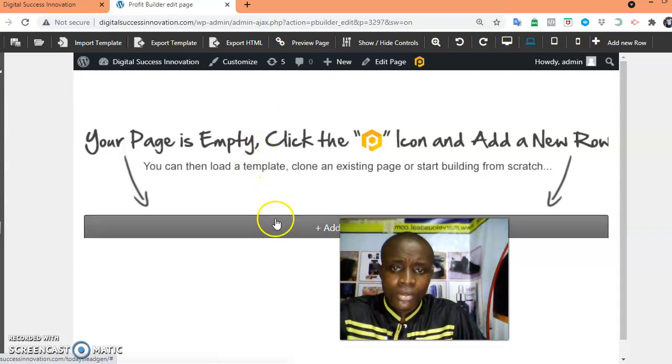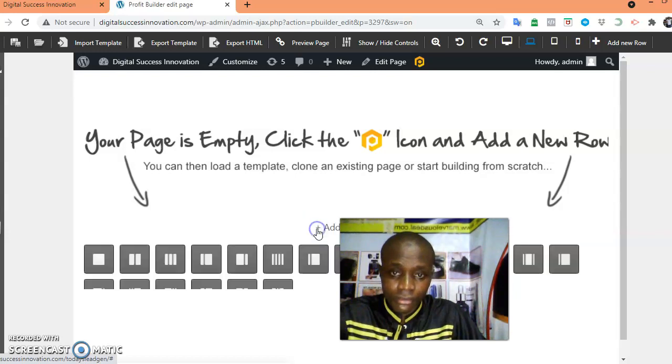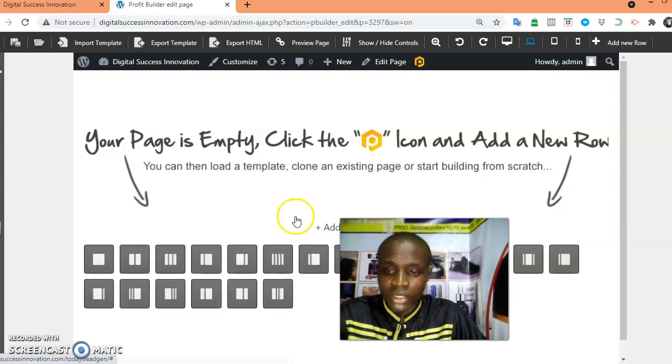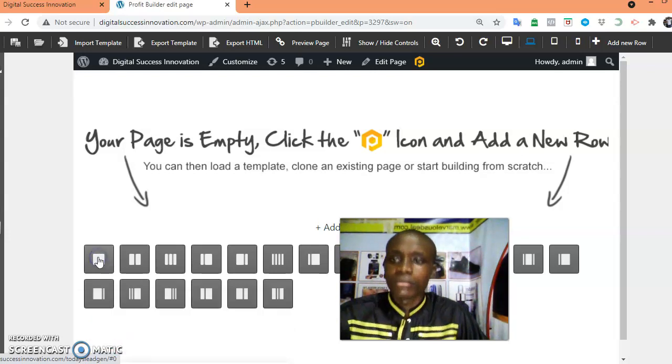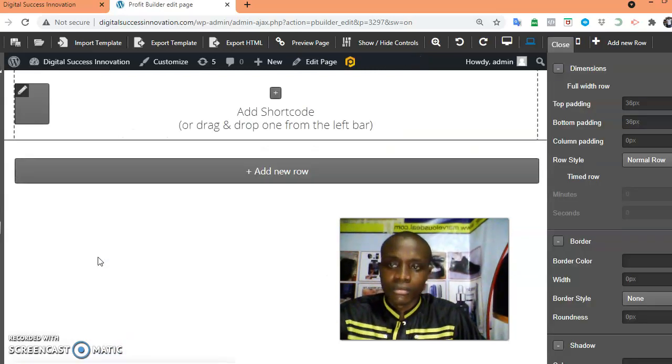Wow. Then you click on this red plus sign. We can choose any: 2 column, 3 column, 4, 5. But for this purpose, I'm going to make use of 1 column. So that has been done.